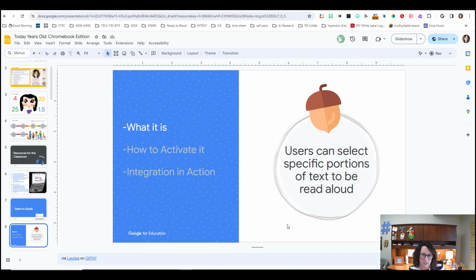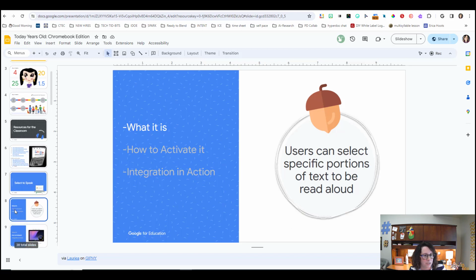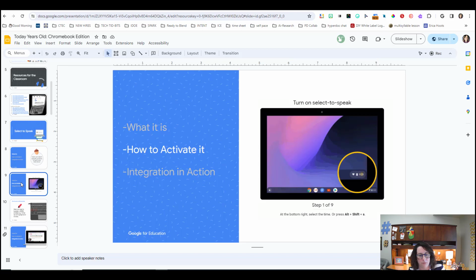So select to speak is going to only read portions of the text rather than, you might be familiar with Chromevox, and Chromevox has a very robotic sound to it, and it reads the entire thing on the page. So this actually focuses in on specific portions. So in addition to that, when you want to know how to activate it, on the Chromebook itself, it's actually